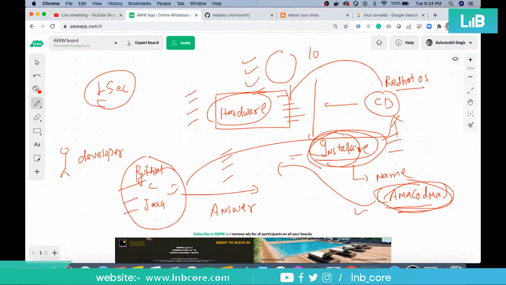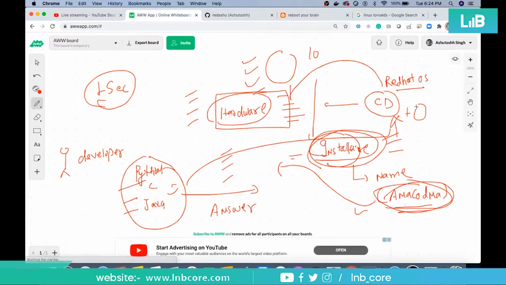So whatever script we'll be creating, we'll be attaching to this CD, so that it can question itself and it can answer also. Okay, are you getting my point? We're not doing it right now, but this is something that I'm introducing to you. If this thing is making sense for you guys, just let me know